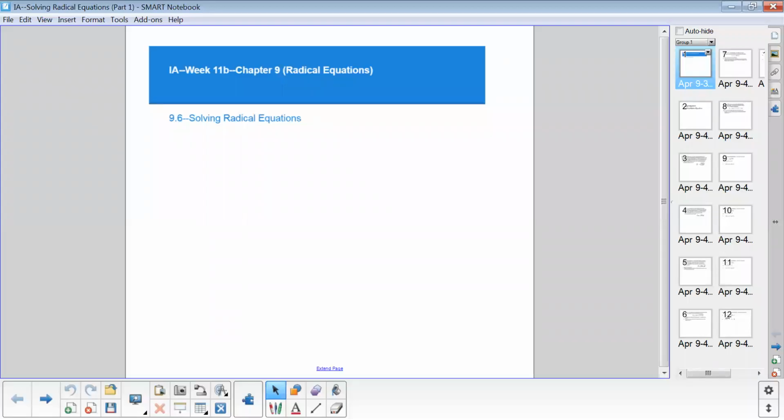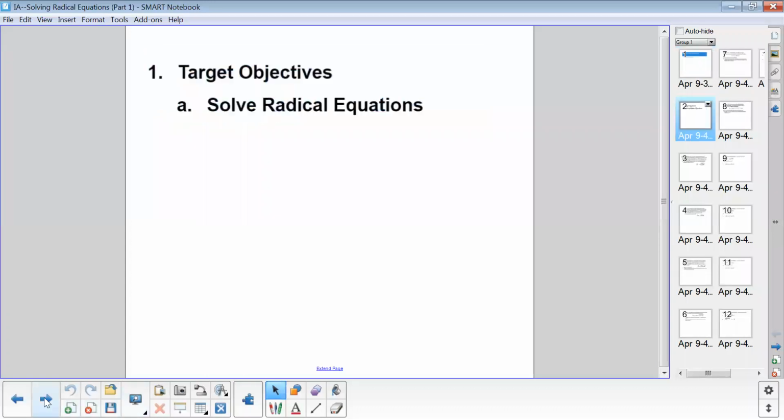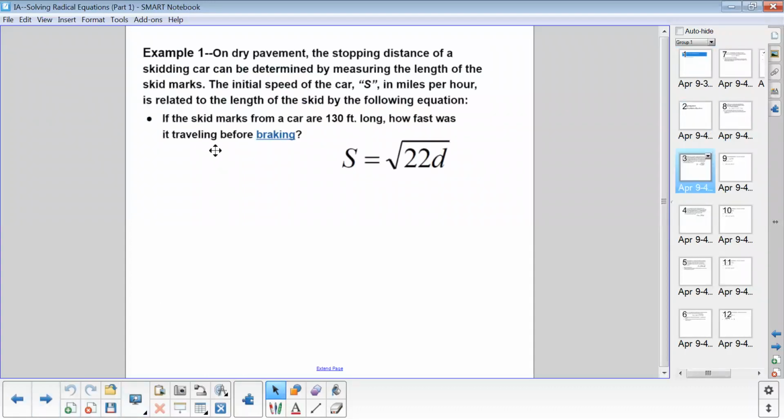Within this video, we're going to look at how we solve radical equations and how we use inverse operations to solve, and looking at a lot of application-based, different formulas that represent different situations and how to solve those, but also checking your work to see is the answer reasonable. So the first example